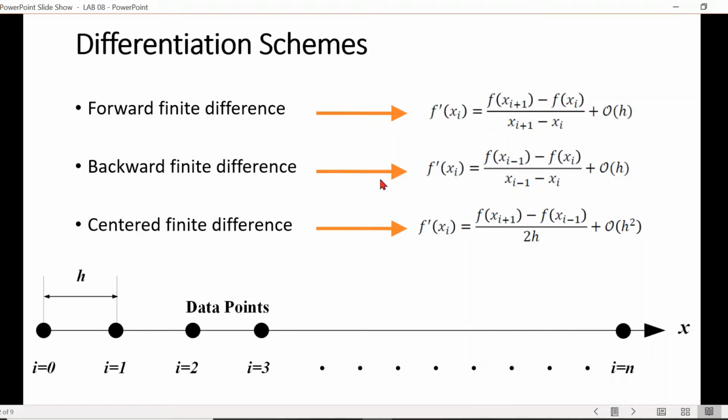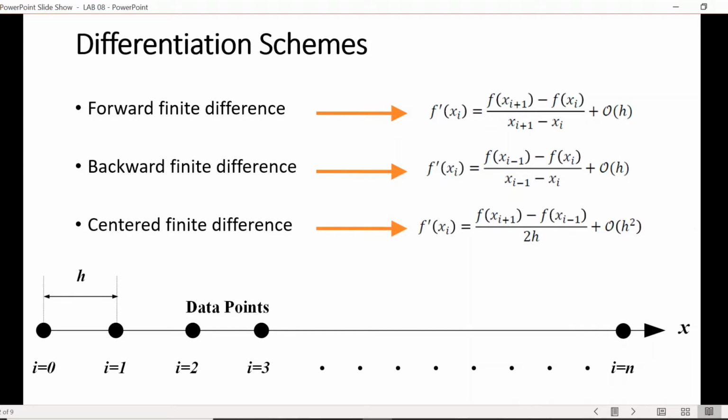So for forward difference scheme, if we want to determine the derivative at a certain point, let's say point I, we need to know the value of the function at I as well as 1 point forward, I plus 1. Then we divide the difference of the function values by the difference of those points, or this is called the step size,